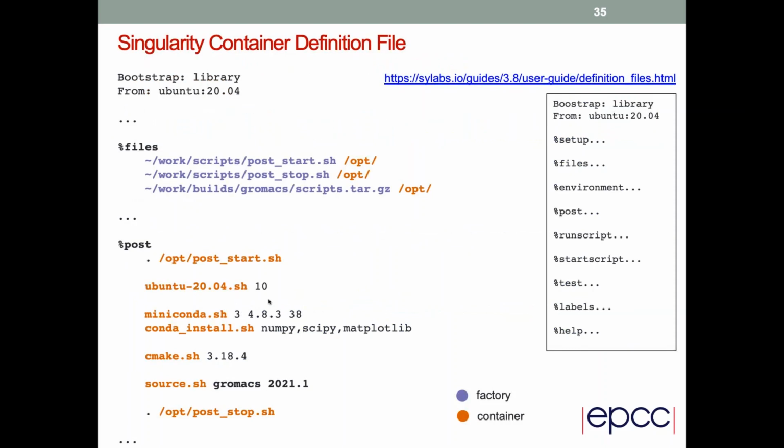So what's in a definition file? The most important thing is at the top, where you specify what sort of operating system will be used for the container, and in this case it's Ubuntu 20.04. The rest of the definition file is split up into sections, and two that are most important here are one called files, where you take various files or scripts in my case, or a script archive